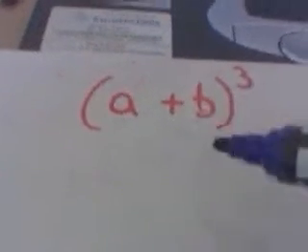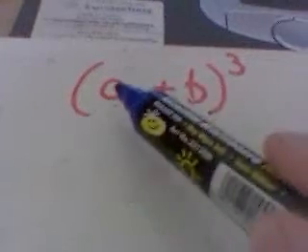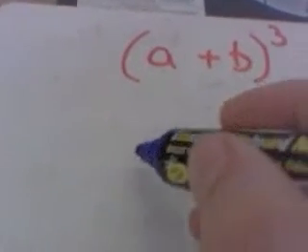We're going to cube a plus b. Notice we have two terms, a positive a and a positive b. That means we're going to be able to use binomial expansions, because "bi" means 2. So what we could have here